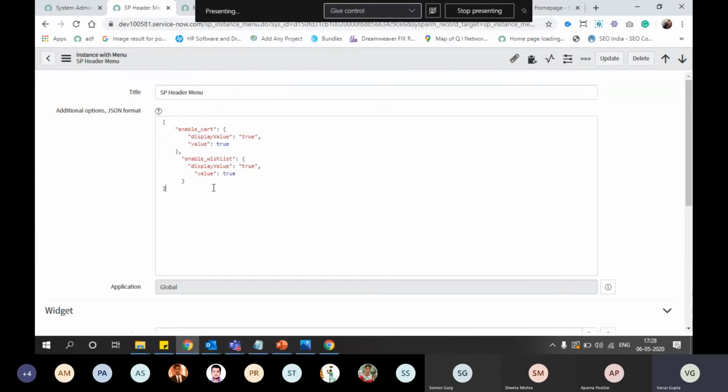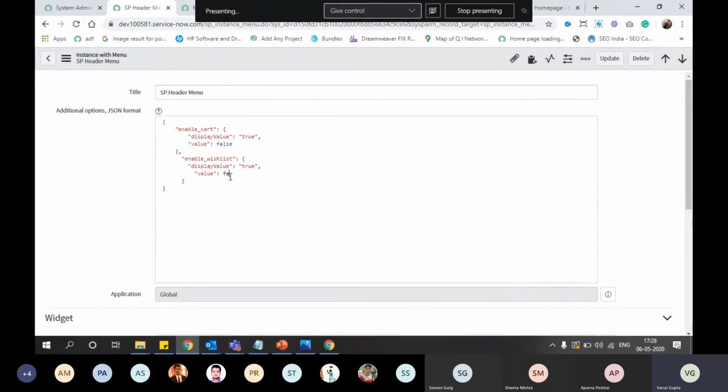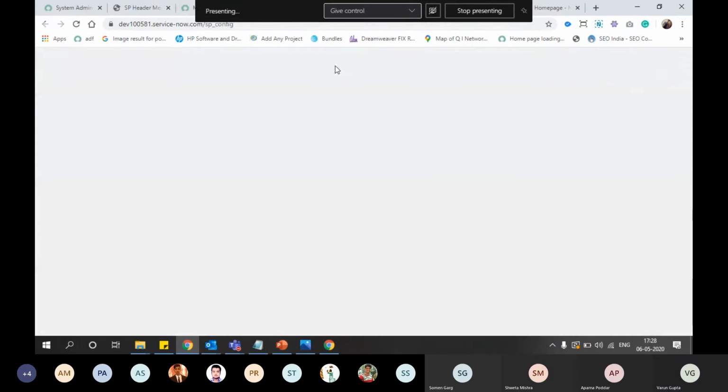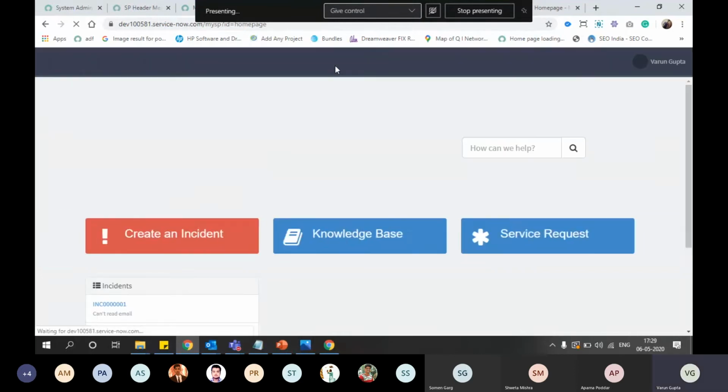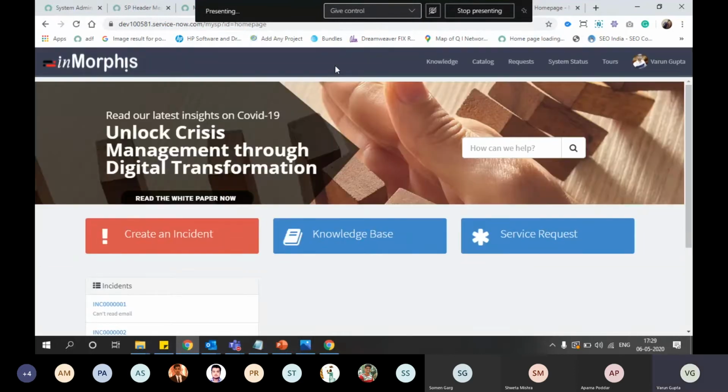Here we have some configuration in JSON format. We just have to make the value false for cart and list also. So our cart menu item has disappeared from here.